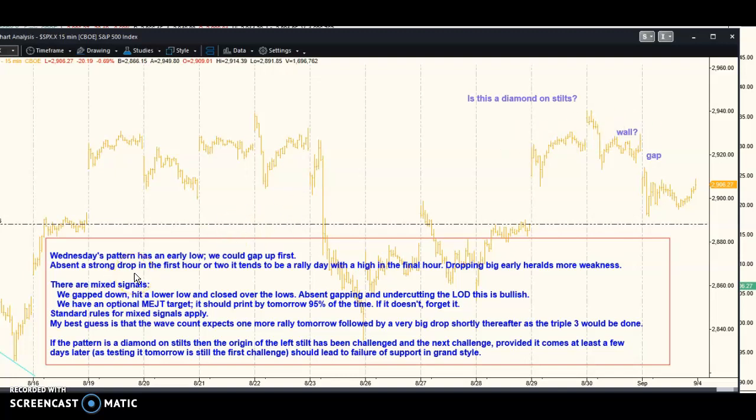Here's what I have. Wednesday's pattern has really low. It could gap up first. They don't have a strong gap in the first hour or two. Tends to be a rally day. High in the final hour. Dropping big early heralds more weakness. Mixed signals, we gap down, hit a lower low, closed over all the lows. Let you take out today's lows early with a gap. Should see higher prices. We also have an optional lower target,